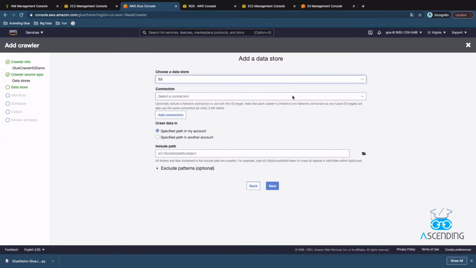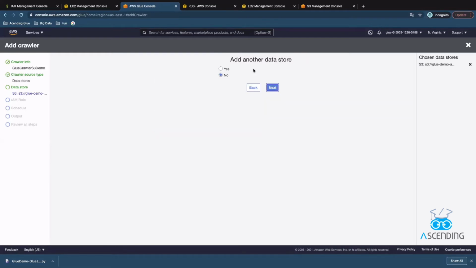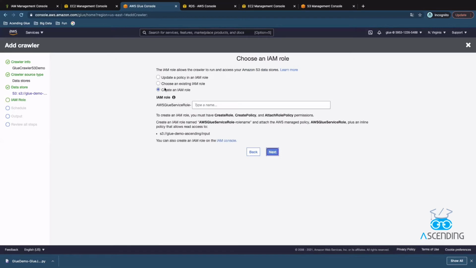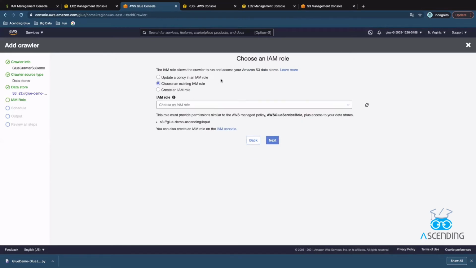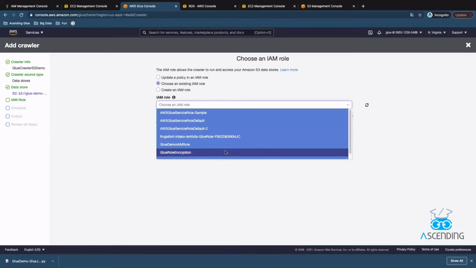No Glue connection is needed for an S3 crawler. We'll give an S3 path of where the target data is located. No need to add another data store. Choose the existing IAM role we've created.